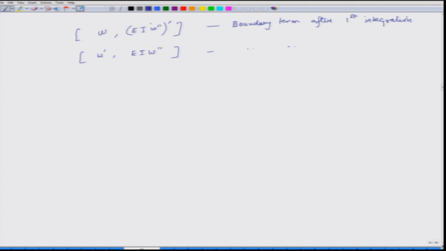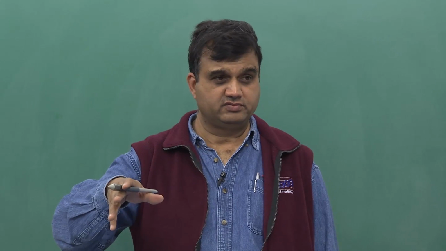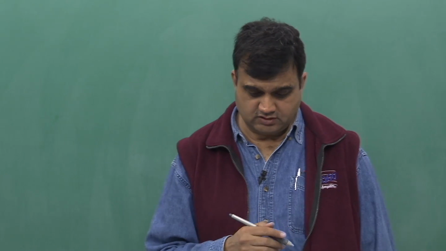And this will be the boundary term after second integration. Okay. So, in this case, and this happens because the governing equation for a beam, Euler-Bernoulli beam, is a fourth order differential equation, right. So, in this case, my second primary variables will be, there is W, so corresponding to that there will be U, and there is W prime, so corresponding to that will be U prime, where U is the deflection of the beam. Okay. U is the deflection of the beam,